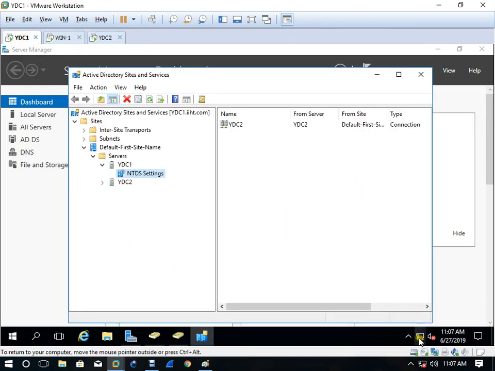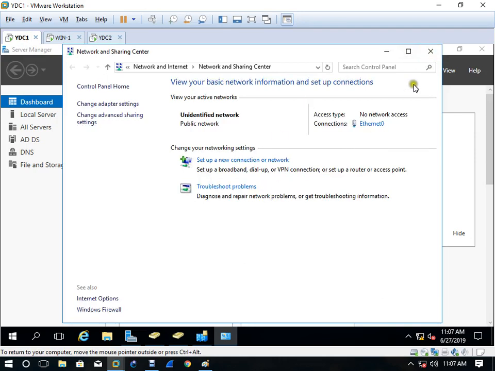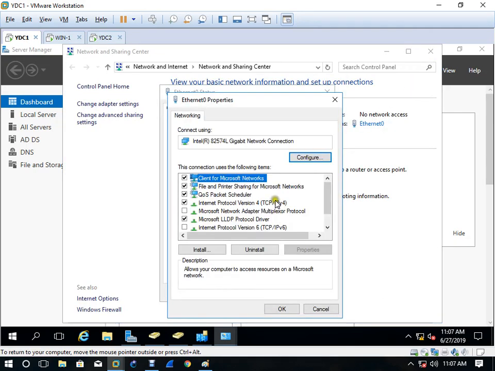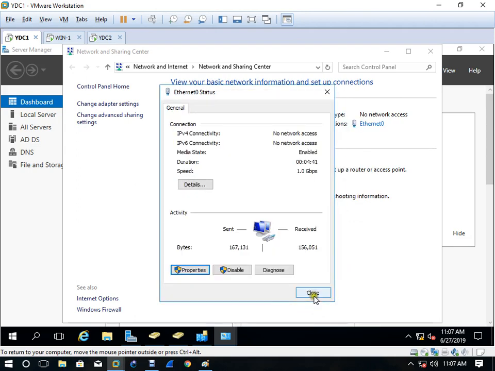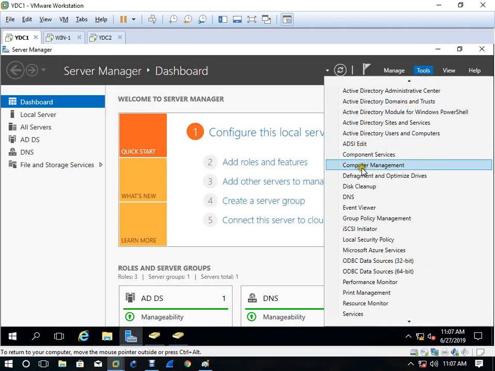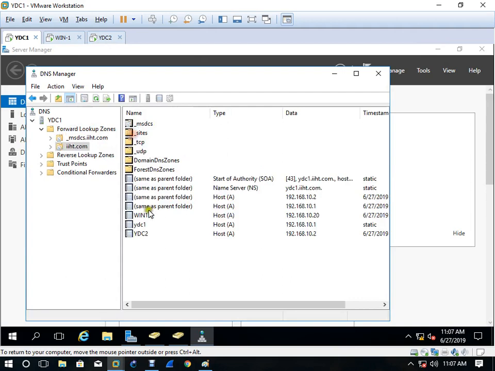No, so here also you need to configure. Okay, so on the main server also what we have to do, we have to come here and give the DNS address for that, but it's okay, it's replicating. It is already in its DNS memory. This Yaoundé DC2, which is the additional domain controller, that server information is already here in the DNS, you can see here, Yaoundé DC1, Yaoundé DC2.